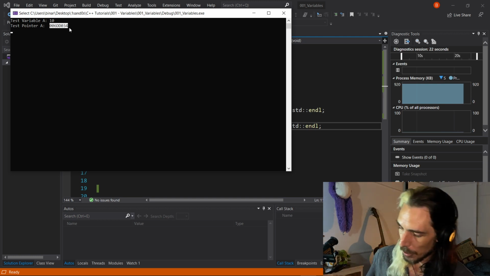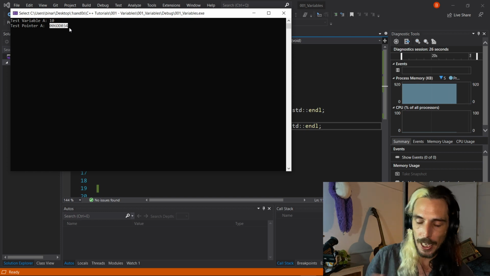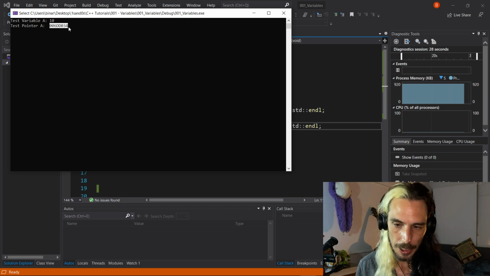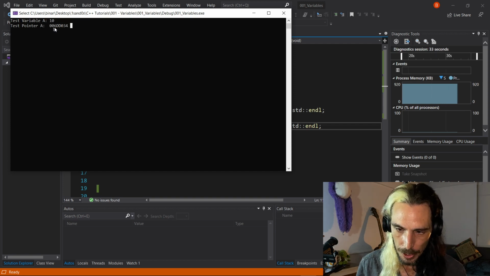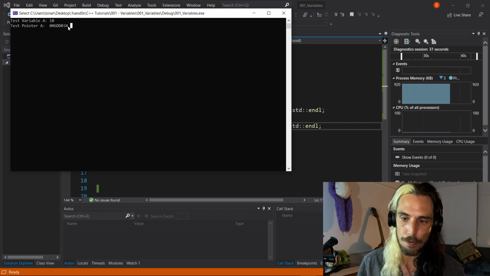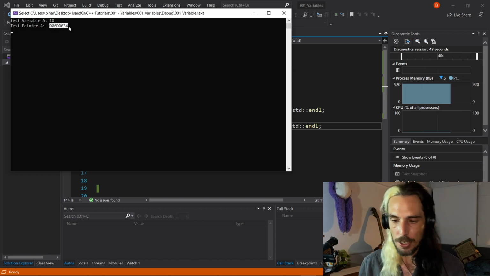So much like when we look at the diagram of our street with all of our house numbers on it, the particular house number that our test variable A is being stored in is this 006DD034, which is a hexadecimal value that represents that particular address in the computer's memory where test variable A is